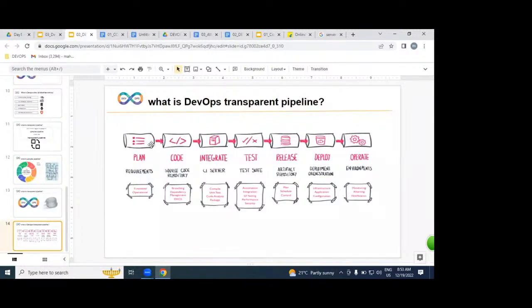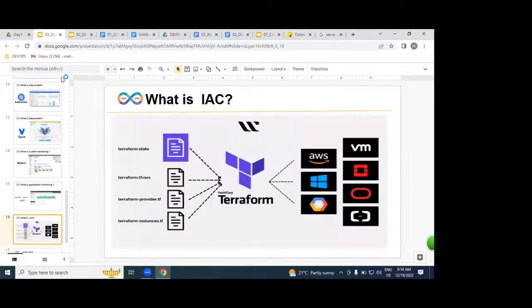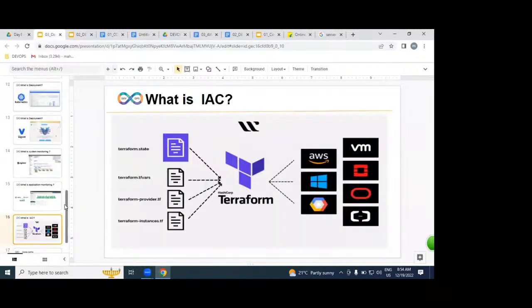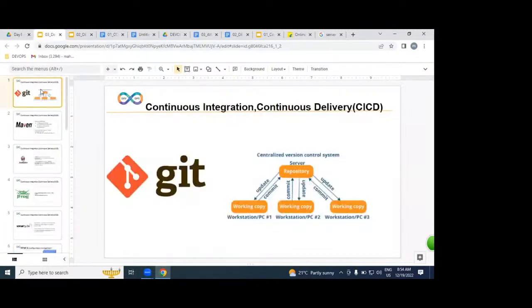How exactly do these tools fit into this diagram? Let us understand. Firstly, n number of developers write code, right? That code is going to be maintained by whom? The DevOps engineer. But the DevOps engineer maintains it using which tool? Git. Git is a version control.